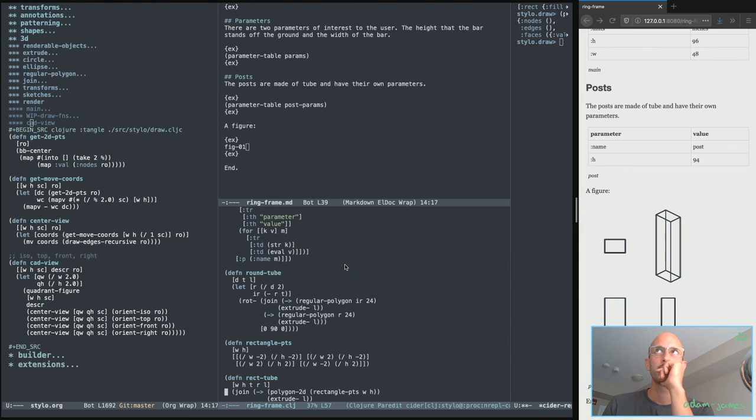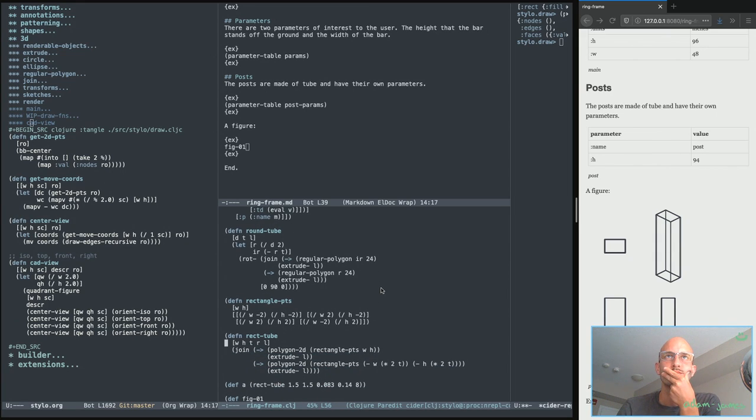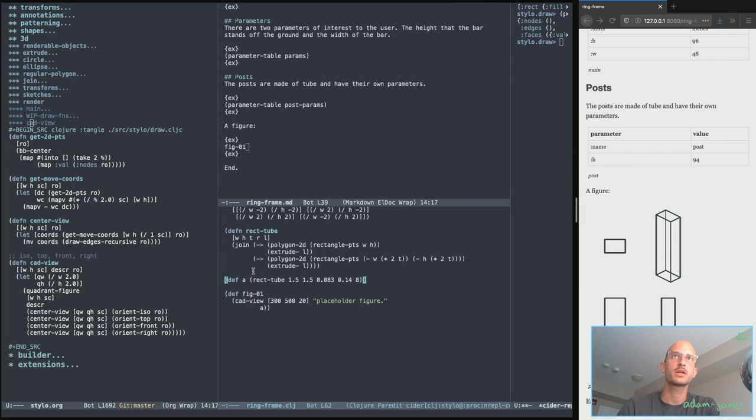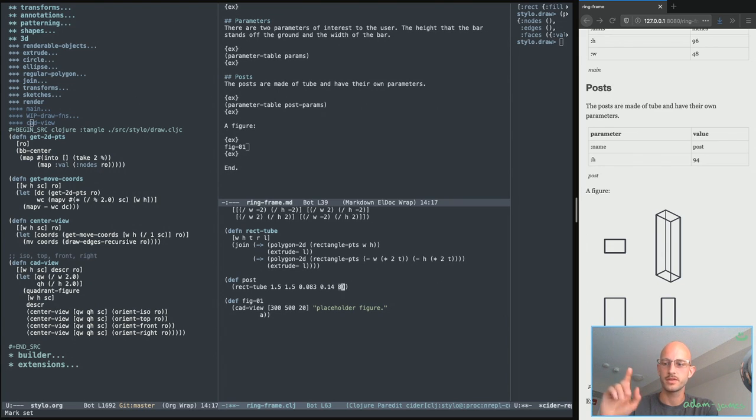Okay, so this piece now. Ooh, how am I going to draw this? So the post height is set. Well, let's go ahead and make def post. If I define a post as a rectangular tube of 1.5 by 1.5, 083, the height that it extrudes to is going to be the height of the post params, and then I can CAD view post there, and then figure 2